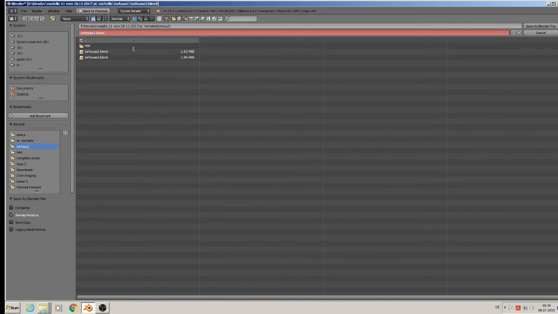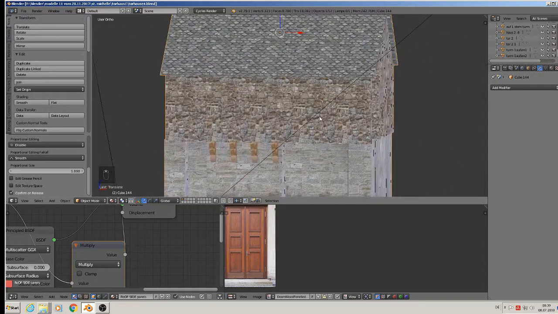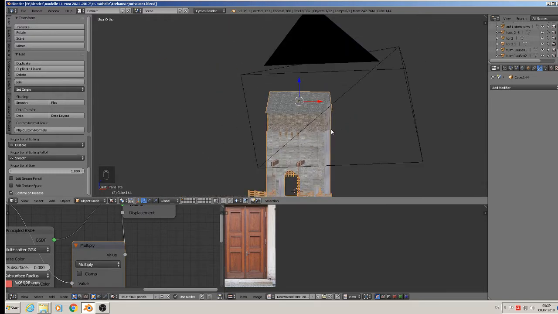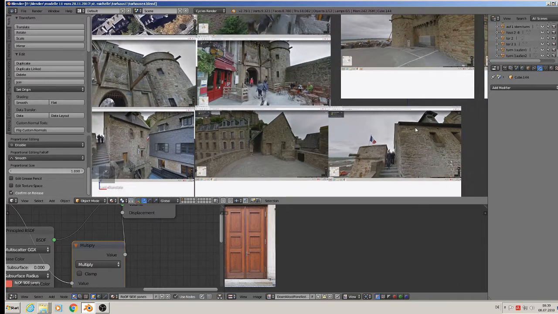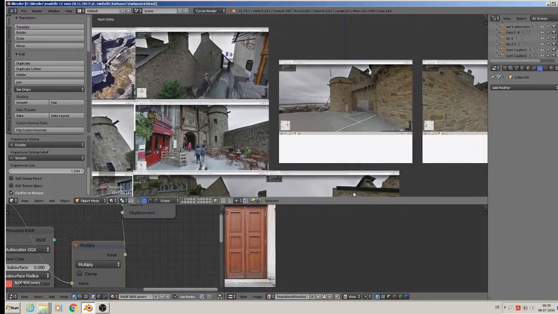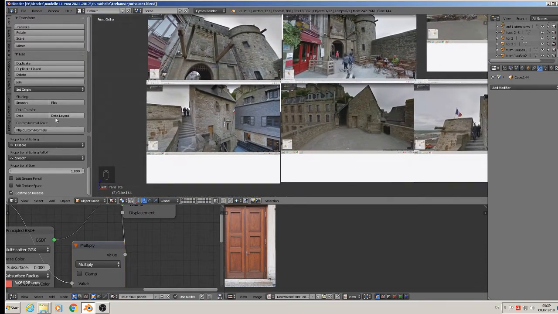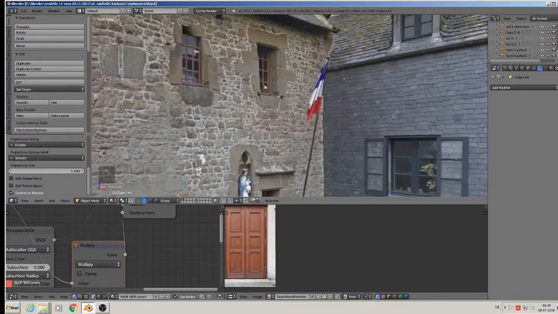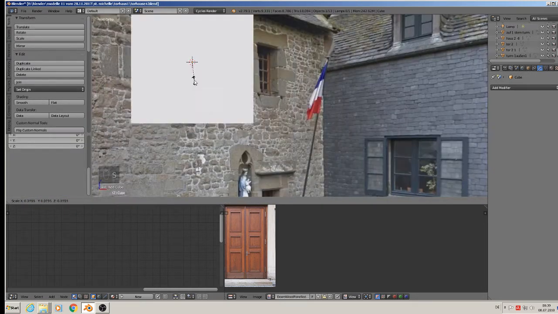Take the number 4 here. So the only thing we have not done are the windows. So we have to do them as fast as we can. Let's look where we have a good picture of it. The windows, the windows, the windows. Yeah, there. So, okay. So we start at mesh cube, scale down,